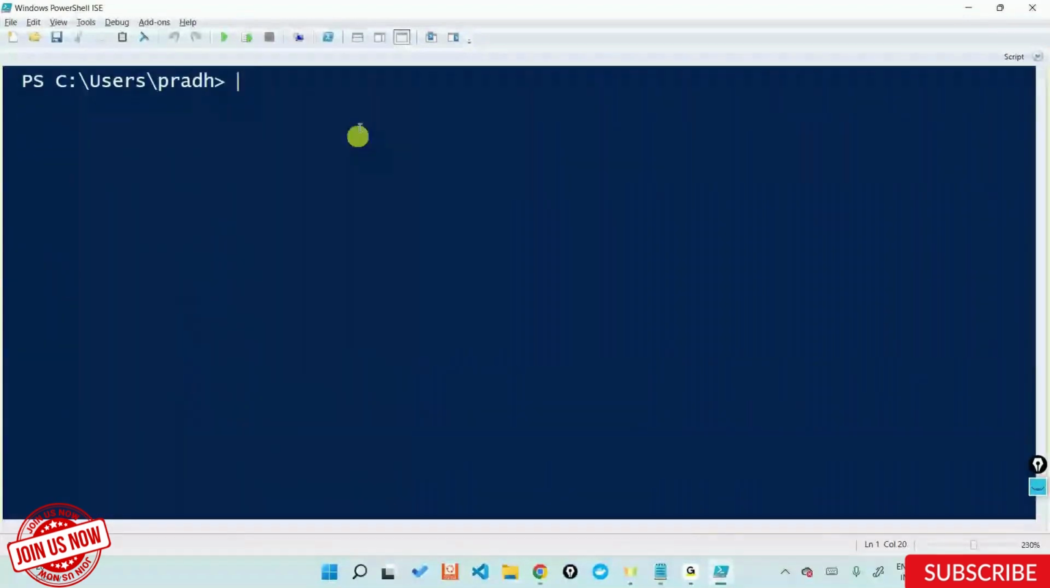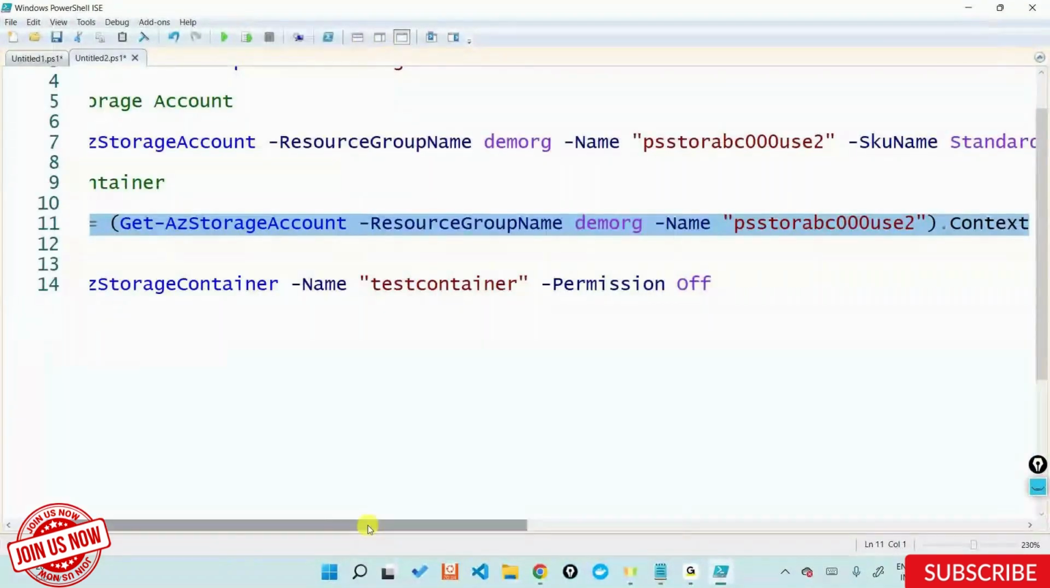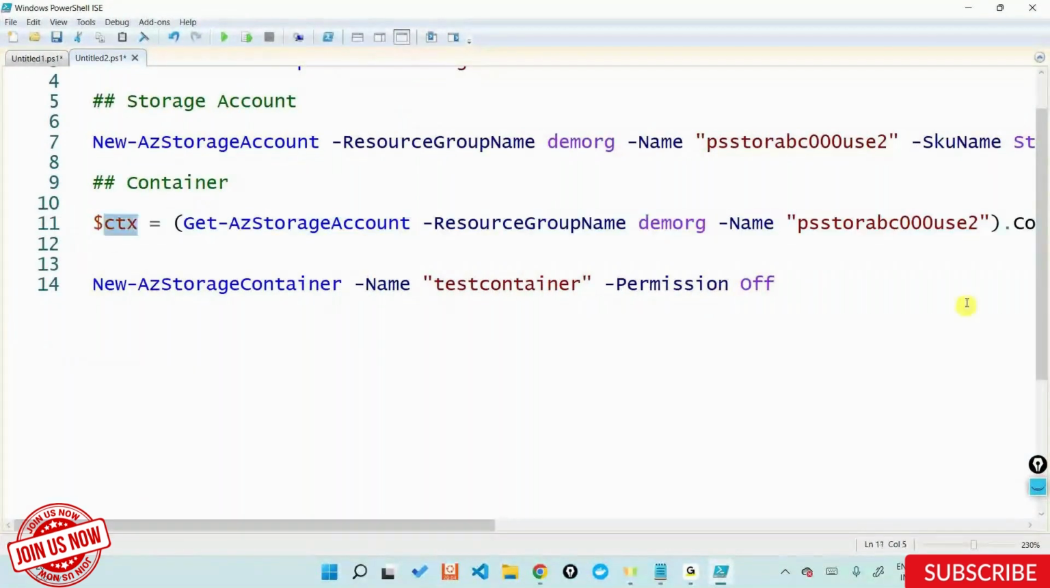Since I have the context stored in $ctx, I will say New-AzStorageContainer, name of the container is test container 01, permission is off, and then -Context. This is one additional parameter that I'll pass. I'll say $ctx. So instead of writing this entire command in this particular place, I'm just taking whatever is there in $ctx and passing it. And if I run this,